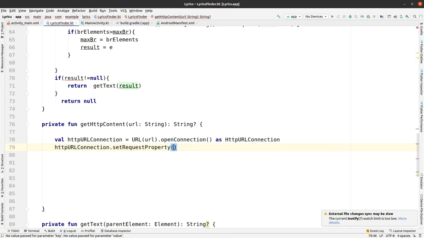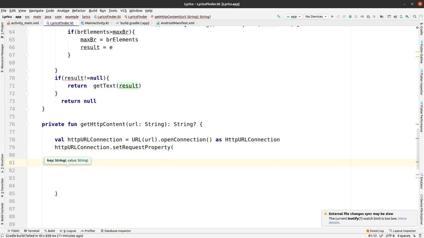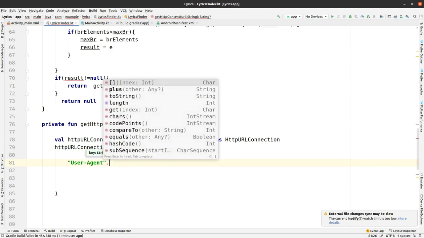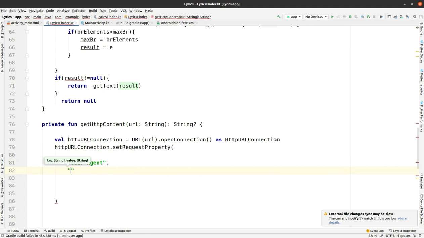You are making a customized search from your application. You are not able to see something, so you have to type the things that are required for the custom search here. What request properties will we need, like what are the key and the values? It is User-Agent, and here you are typing some values for it. These things are required for making the URL connection successful for customized searching. Here I am giving some server name kind of things required for that